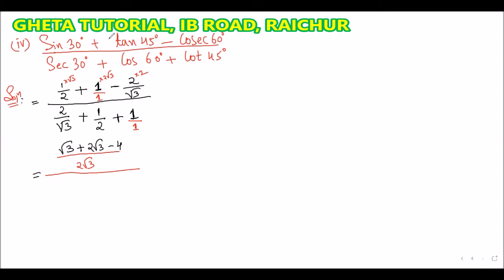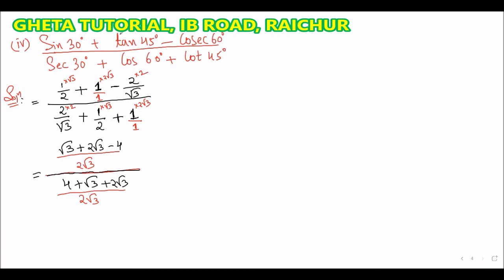Similarly, you have to go for the denominator LCM. Here we have root 3, 2 and 1, so again the LCM is 2 root 3. The first term has denominator root 3, so I should multiply by 2. The second has denominator 2, so I should multiply by root 3. And the third has denominator 1, so I multiply directly by 2 root 3. So now 2 times 2 is 4, plus 1 into root 3 is root 3, plus 1 into 2 root 3 is 2 root 3. Okay, the LCM is completed for the numerator and denominator.